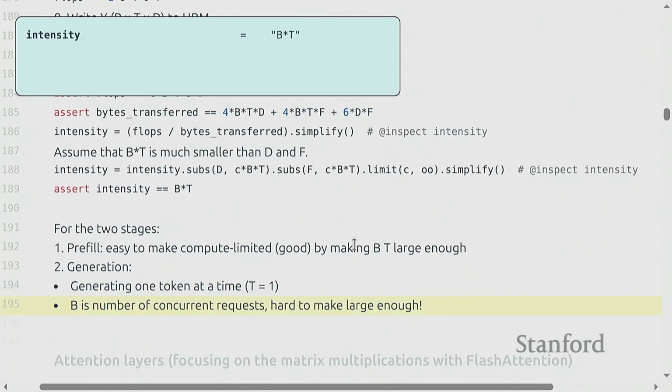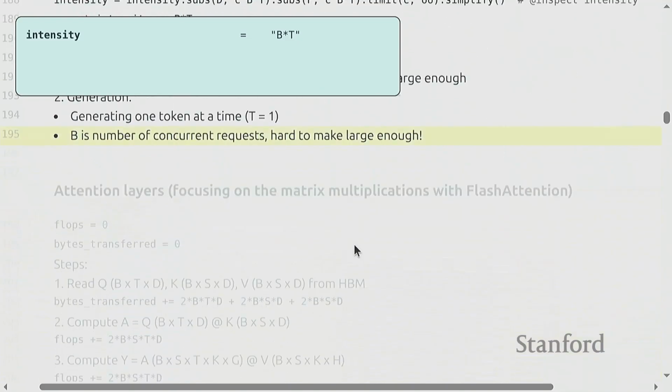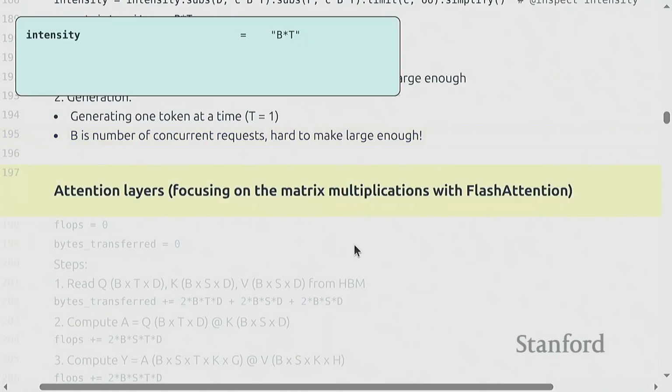This is kind of interesting because your efficiency depends on having large batch sizes. Intuitively, it makes sense: if you can take a lot of requests and batch them together, then you can get better efficiency, at least throughput. But this also depends on what B is, because if you're only getting a few requests at a time, then you're not going to be able to use your hardware very efficiently. And this speaks to the very dynamic aspect of inference, which we'll come back to later in the lecture. Okay, so now what about attention?